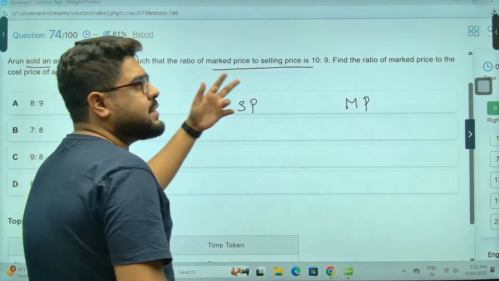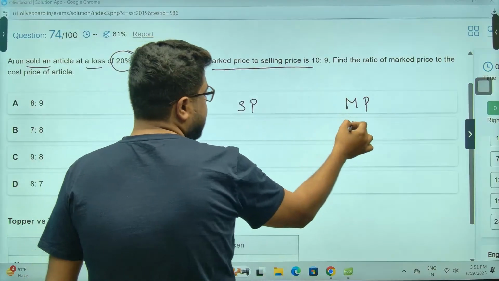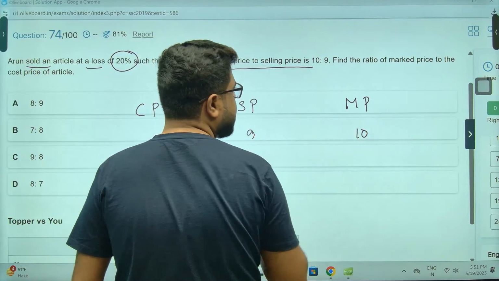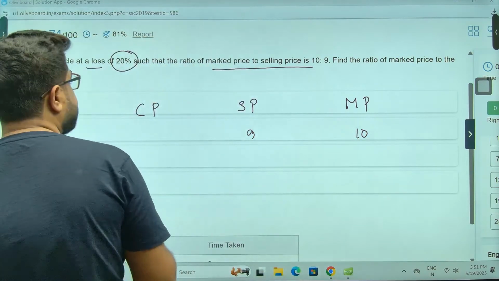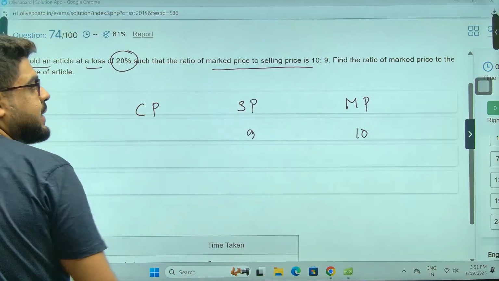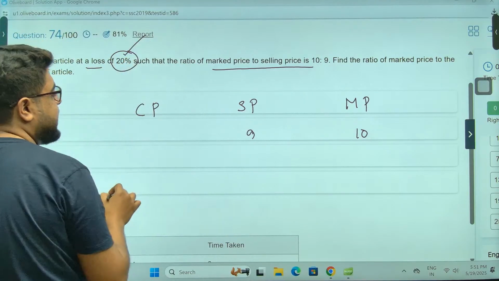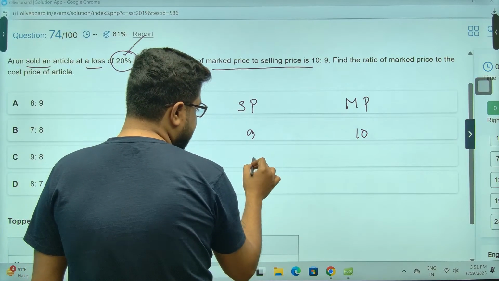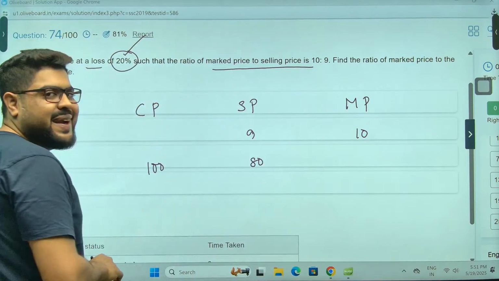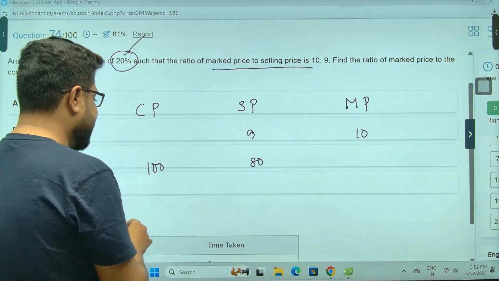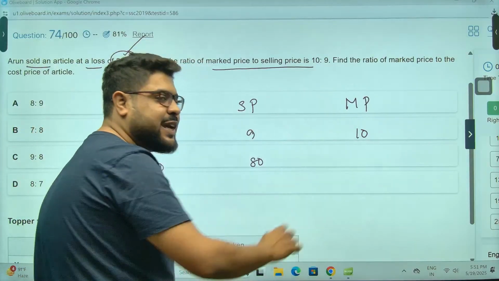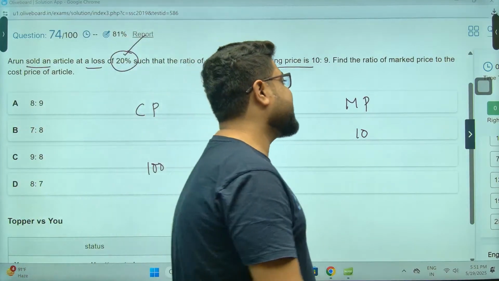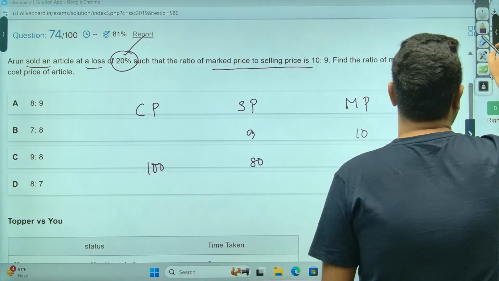Sir, mark price to selling price is 10:9. So this is 10, this is 9. Now, they're asking mark price to CP. 20% loss means 100 rupees CP, and SP is 80 rupees. Right, sir? You can either make these ratios equal, or you can simply say,